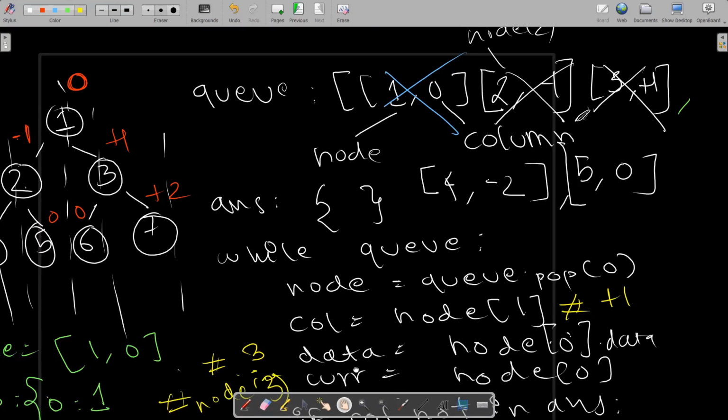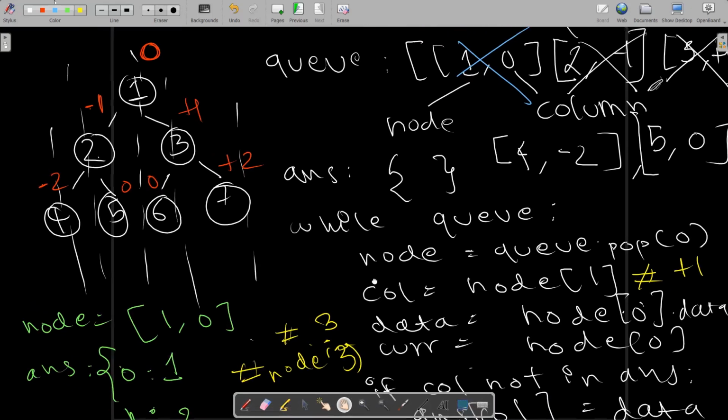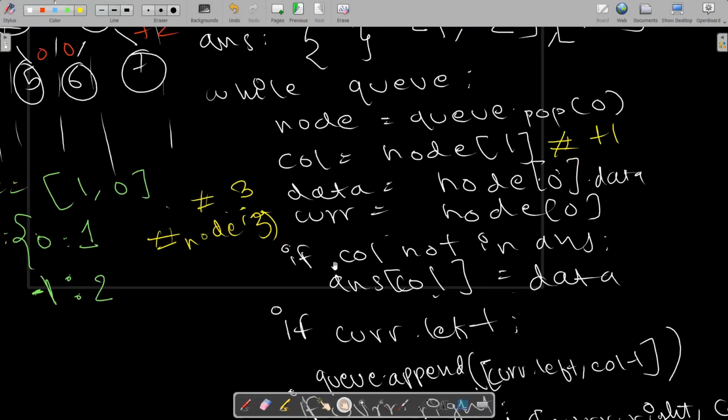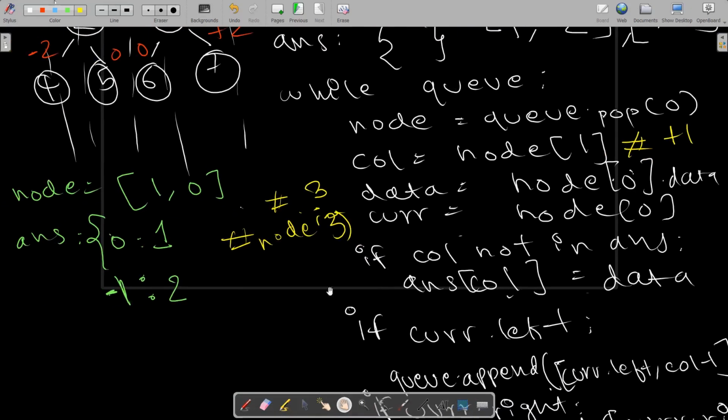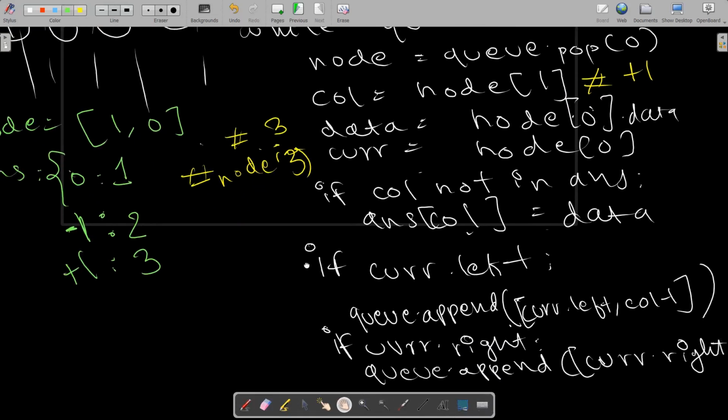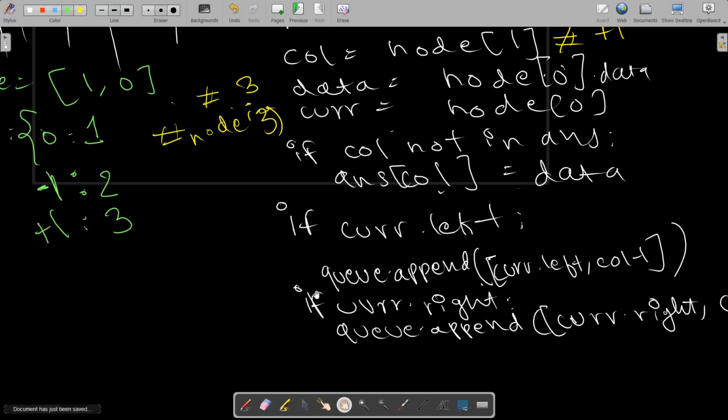Now what we do is check if the column is not in the answer. So is +1 in our answer hash map? No, it's not there. So we'll make a +1 and we'll append 3 to the hash map. Right, we'll just append that to the hash map, and we'll check if cur dot left is present or cur dot